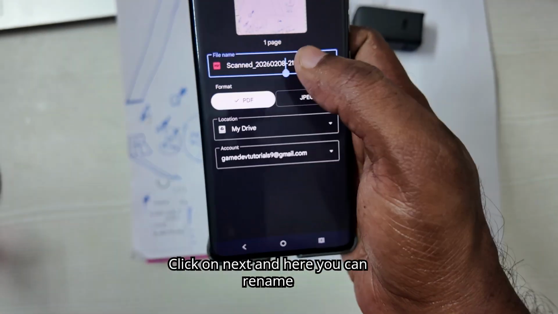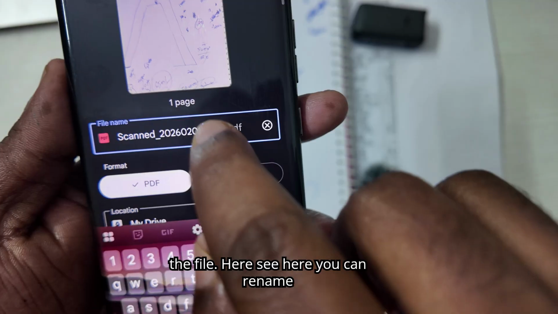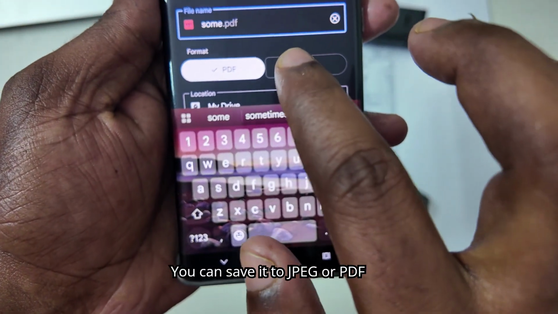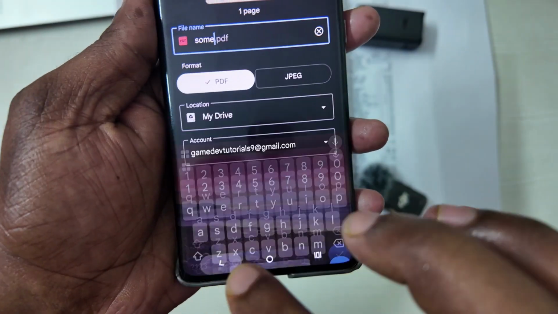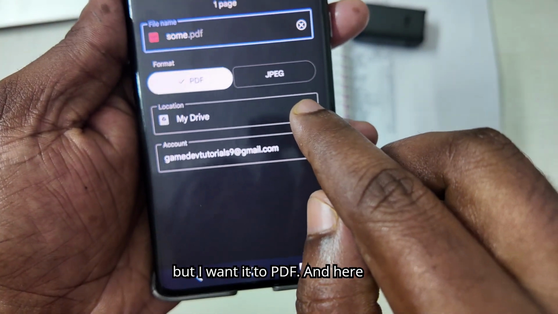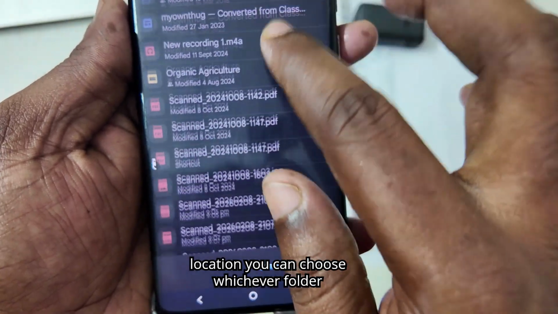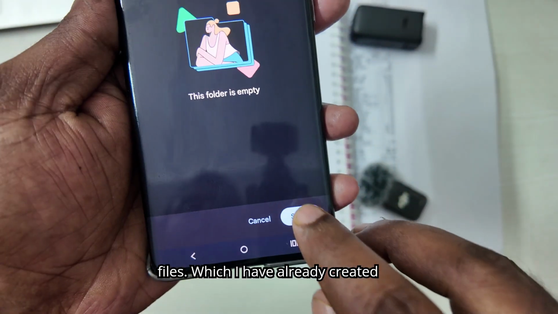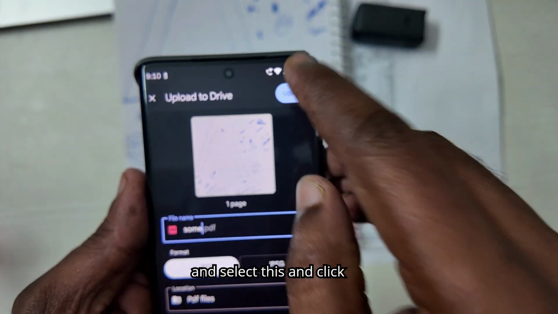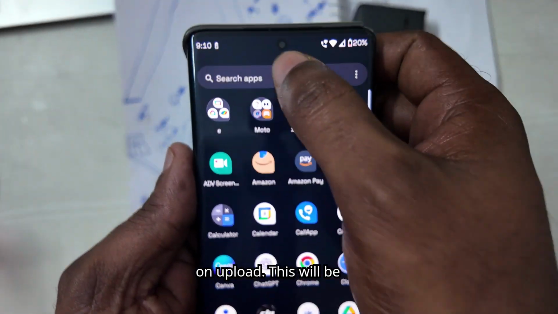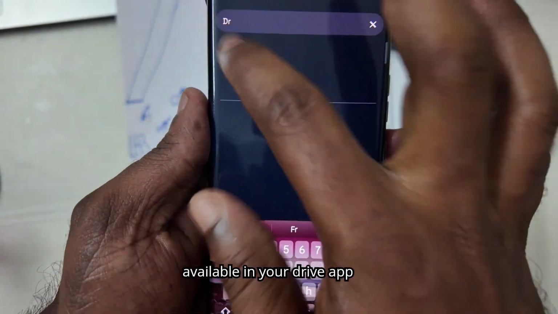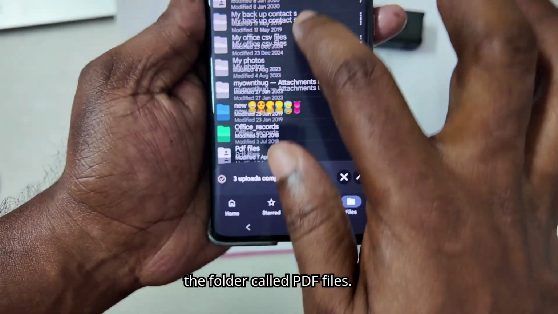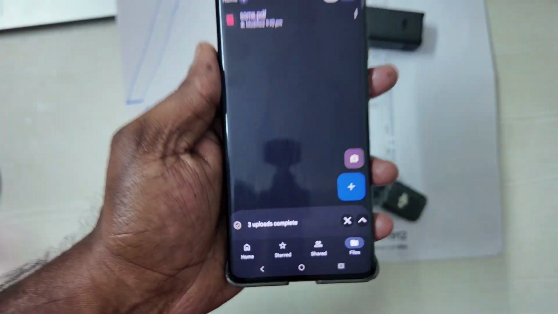here you can rename the file. See here, you can rename the file to something, okay, some.pdf. You can save it as jpg or pdf, but I want it as pdf. And here under location, you can choose whichever folder you want. Maybe I'll go to a pdf files folder which I have already created, select this and click on upload. This will be available in your Drive app, under the folder called pdf files,